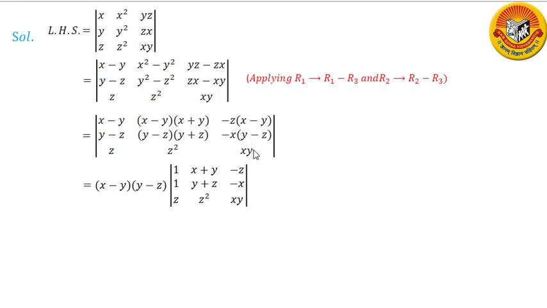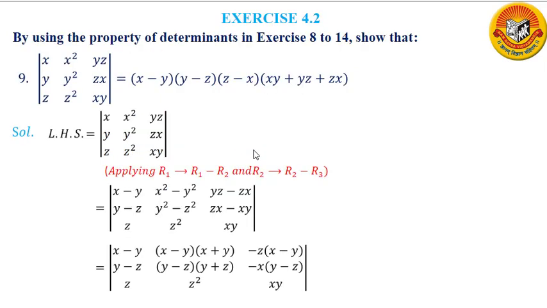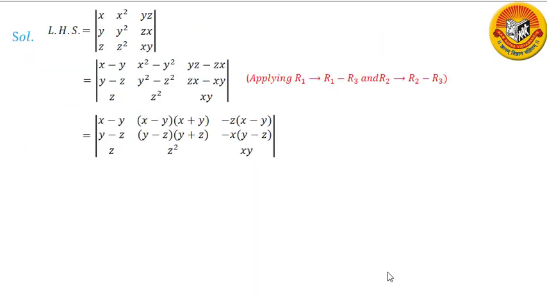You can see the simplification of how we have done it. We have split this x square minus y square as x minus y into x plus y. Here we have taken minus z common. Why have we taken minus z common? So that I will get x minus y in the bracket, and similarly I simplified the second row also. So this is your simplified determinant. Now two things you can do here. Either you expand this determinant along any row or column, or you first try to make some element 0.